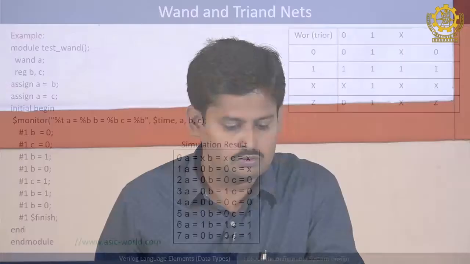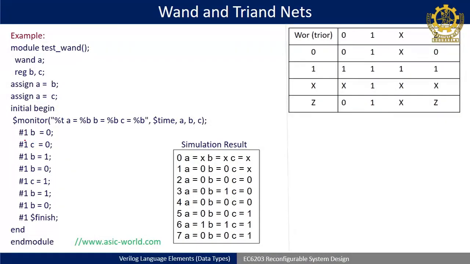Okay. The same example I have kept again. So, at 1, B is actually 0, but previously at 0 we have not defined anything. So, it is X, X, and output is X. Okay. So, that means two inputs at A. B and C, B C X, so A is becoming X. So, when A is at one time unit, B is becoming 0, but C we have not defined, so it is X. So, you get 0 and X.